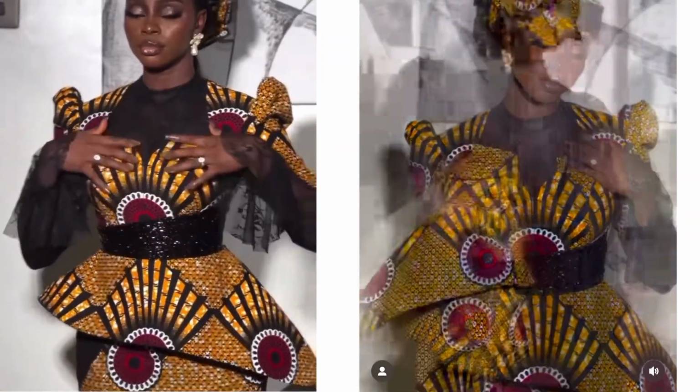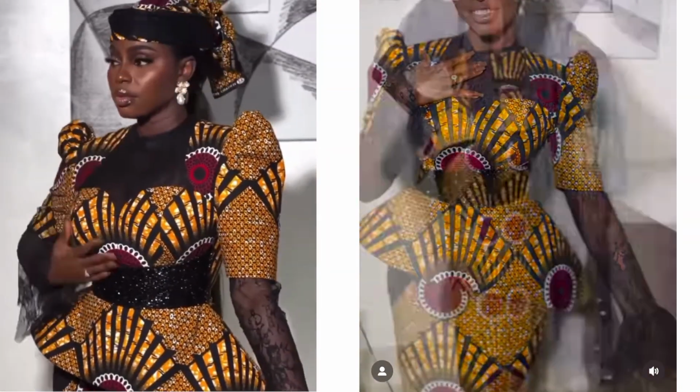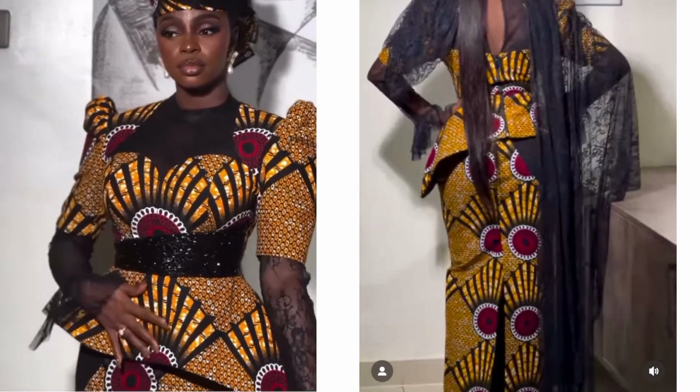Hello, in this video I'm going to be sharing with you how to cut and sew this stylish conical peplum